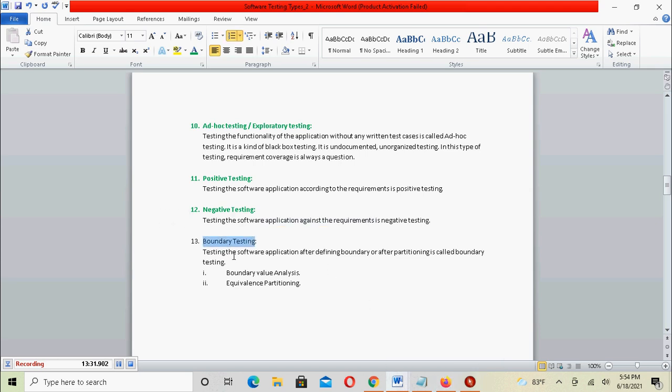Boundary testing is testing the software application after defining a boundary or after partitioning. We will define a boundary first and we will check each side of the boundary. That is boundary testing. After defining the boundary,